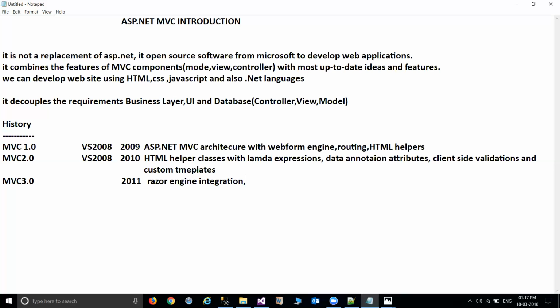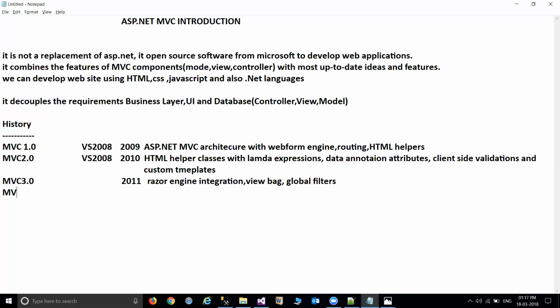Also global filters, remote validations, and ViewBag they provided, and another thing is the dependency resolver for IoC.